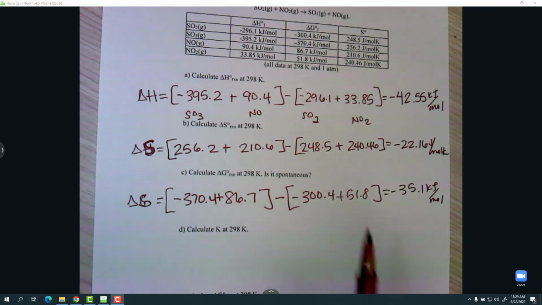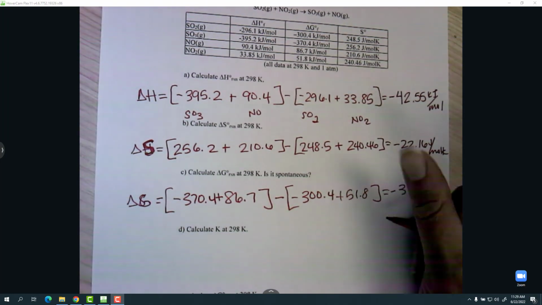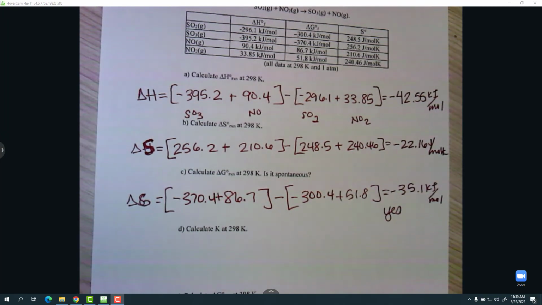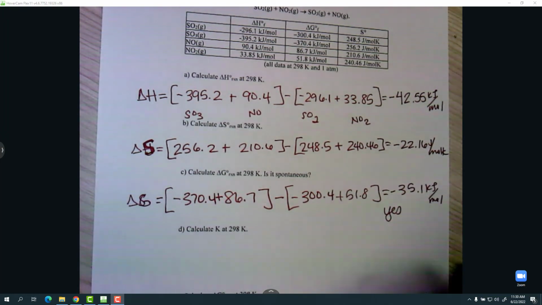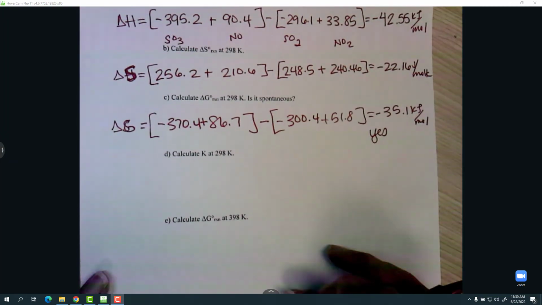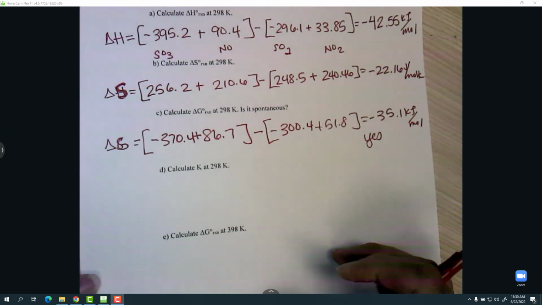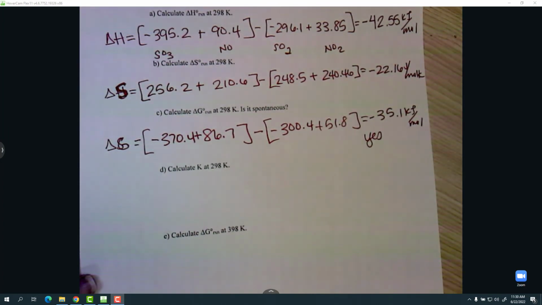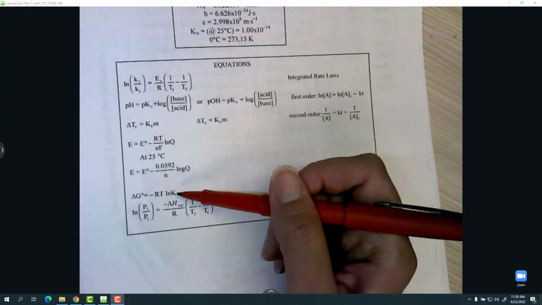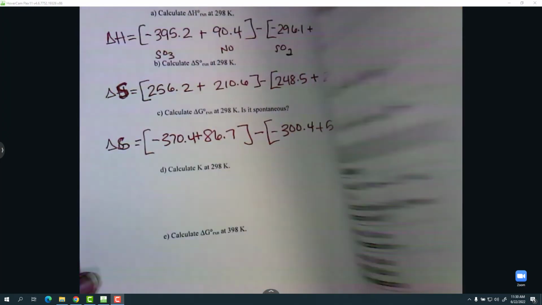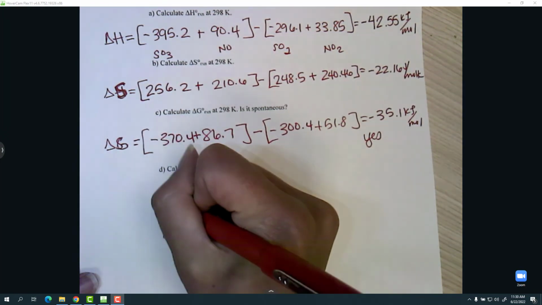There is a question here that says, is it spontaneous? And it is a negative. So yes, it is spontaneous. Remember, if delta G is negative. Okay, I have 2 more things that I need to do here. One is to calculate K. There is a relationship here between K and delta G, and that is on my equation sheet, so I can use this. The way it's written